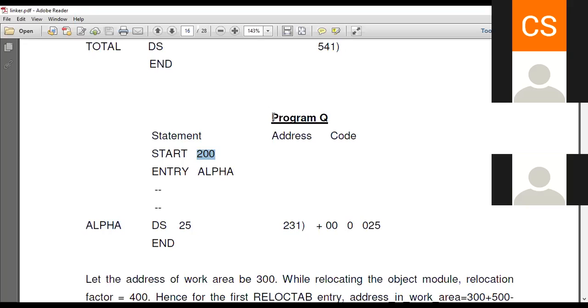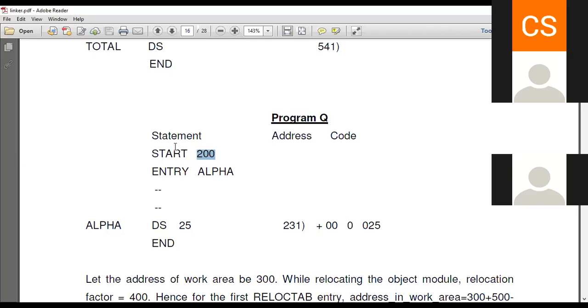Now for this program Q we have the origin as 942. What is the origin? 942 after the end of program P. Program P ends at 941. So from 942 your program Q should be started. So program link origin will be 942. So 942 minus 200, that will give you the relocation factor. So your relocation factor is 742.